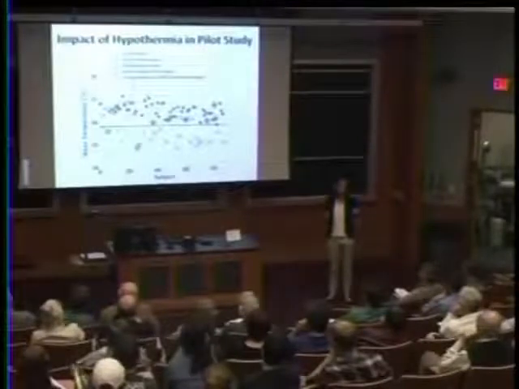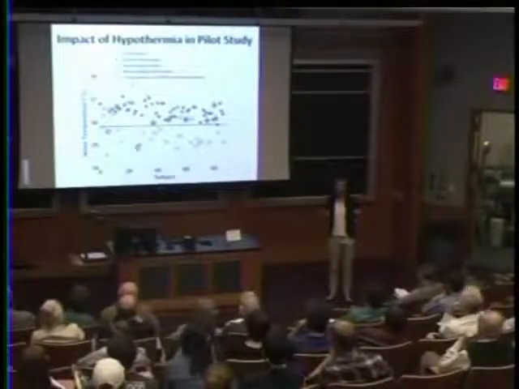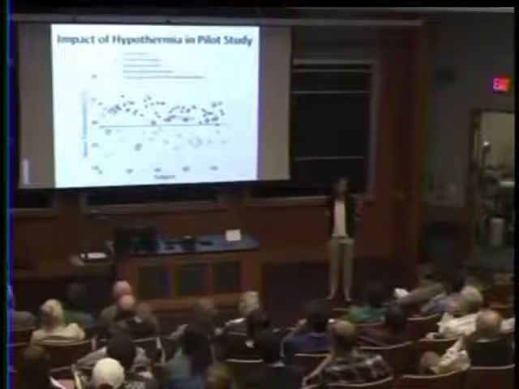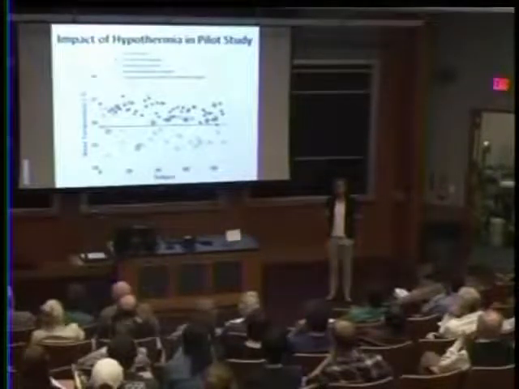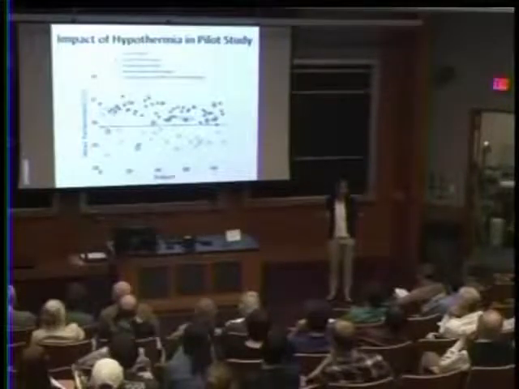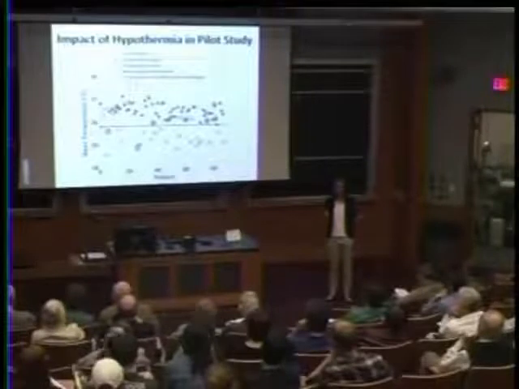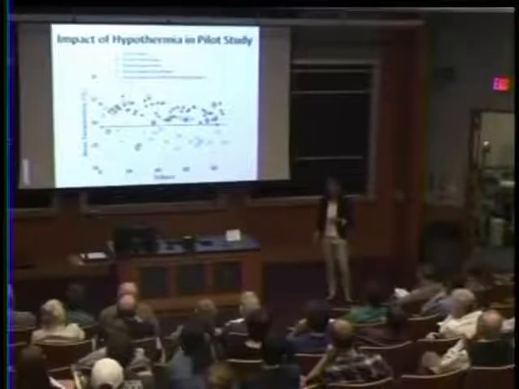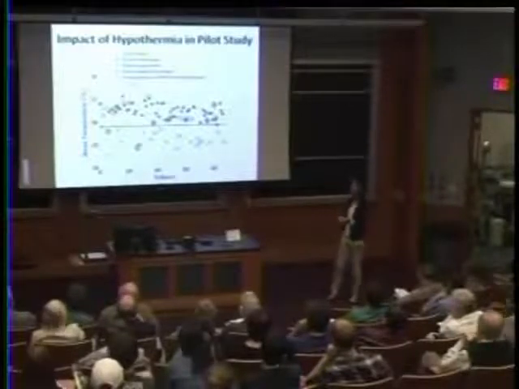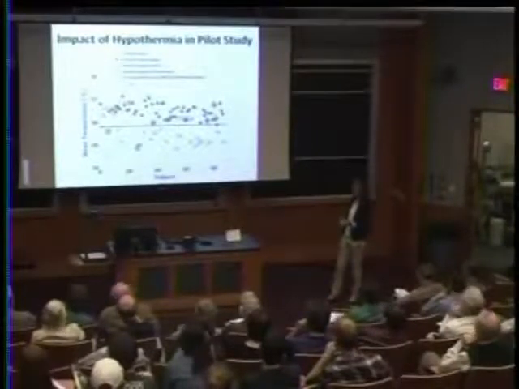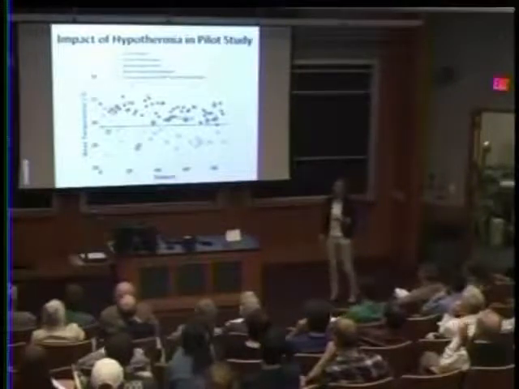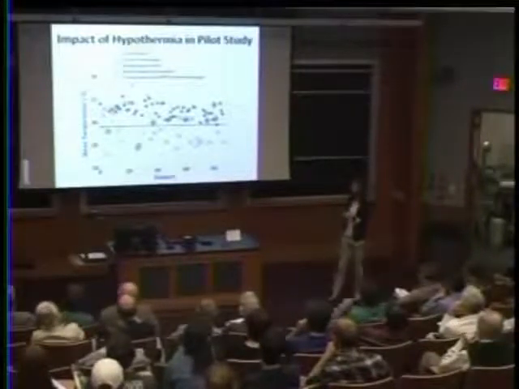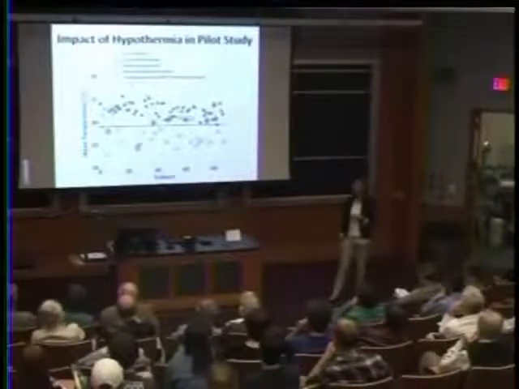And what we found when we went to these community hospitals in the rural part of the country is that the NICUs there didn't have room heaters. And so they literally had no way to keep babies warm. And we went back and we looked at our data in the pilot study. So this is our data at the teaching hospital. And what I plotted here is the mean temperature of the baby versus the subject number in our study. And the symbols that are filled in are babies that survived, and the symbols that are not filled in are babies that died.